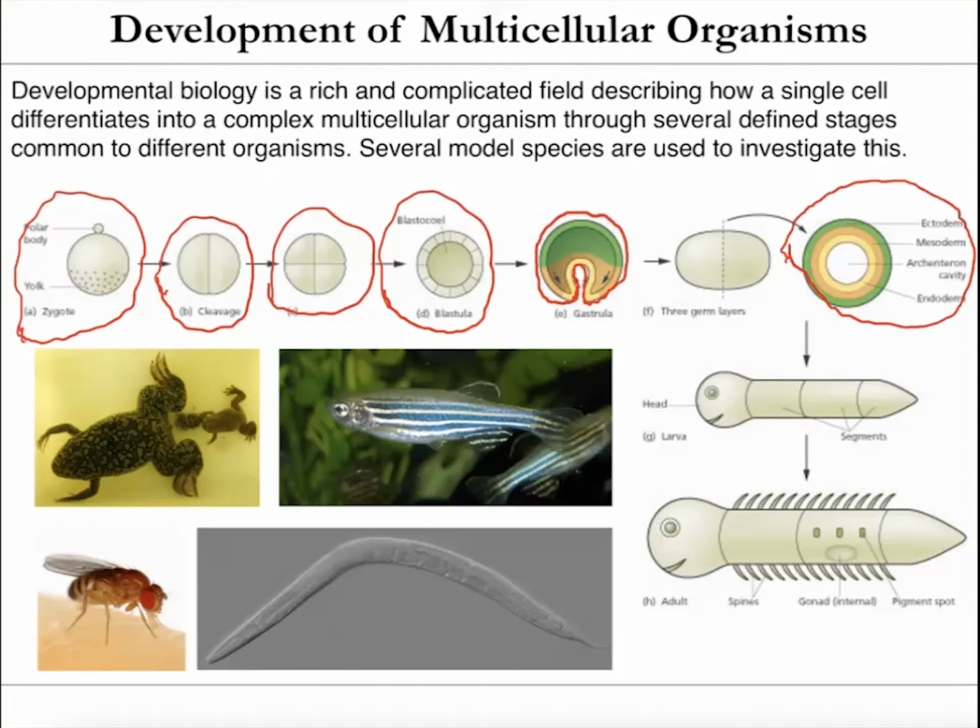So all multicellular organisms have an ectoderm, a mesoderm, and an endoderm, and then they have a cavity in the middle, which would be your digestive tract. And so all the different cells in your body are part of either the ectoderm, the mesoderm, or the endoderm as that arose during development. And then that will progress into a juvenile stage and then finally into an adult with all of these specialized cells that came specifically from this differentiation early in development. So like I said, this is a really rich, very interesting field.